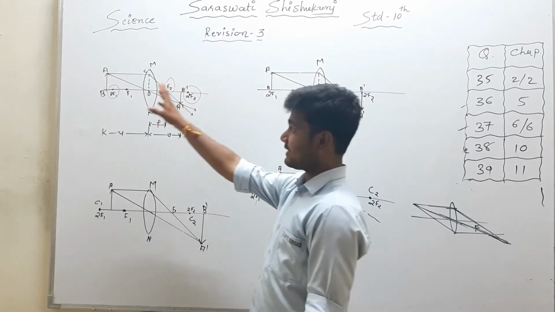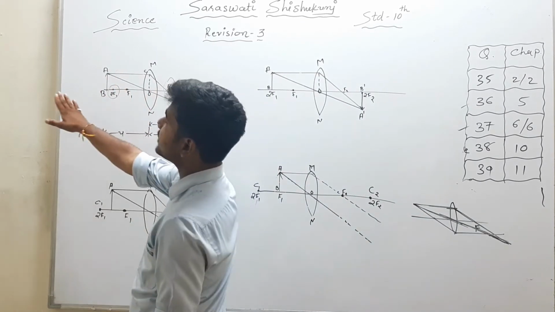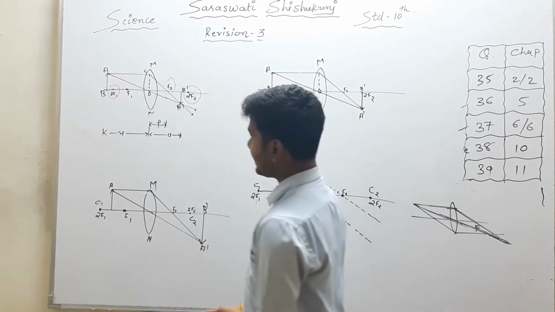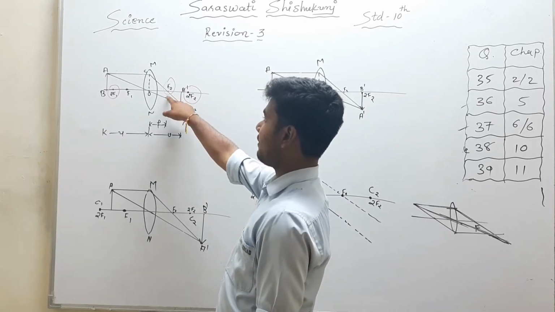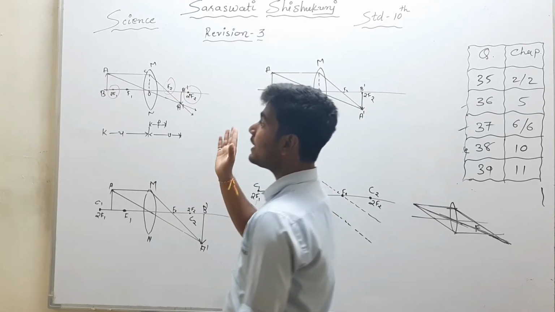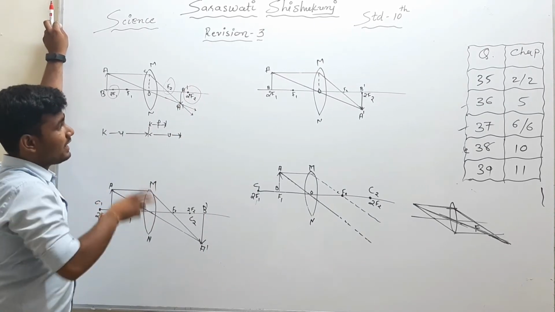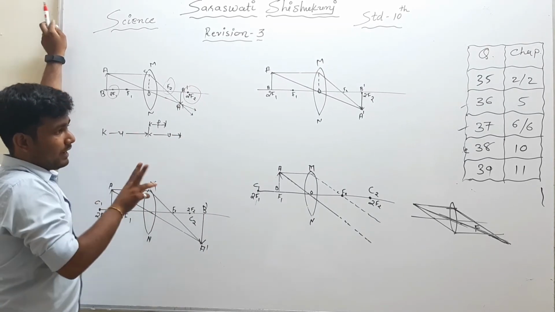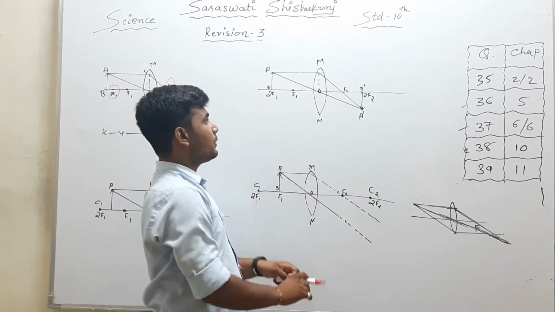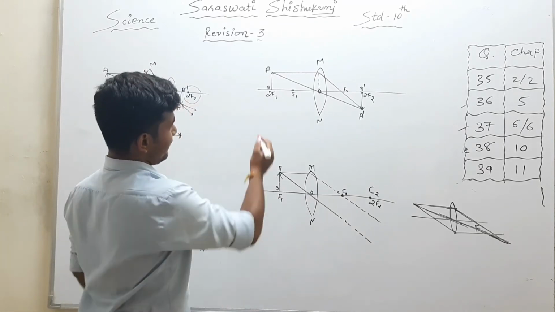So how can it be asked? If the object is beyond 2F1, where will the image be? It will be between F2 and 2F2. How is it? As we can see, it is smaller in size, right? It is real but it is inverted. Okay, so this way, the next one: